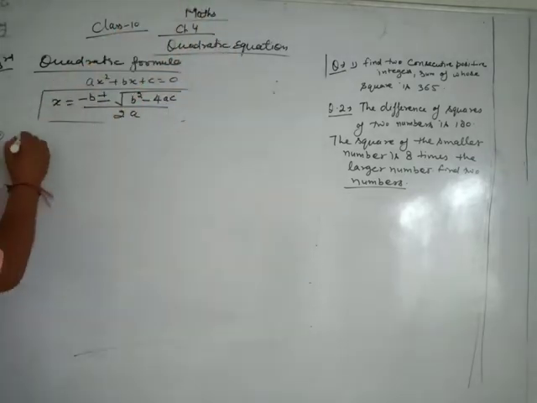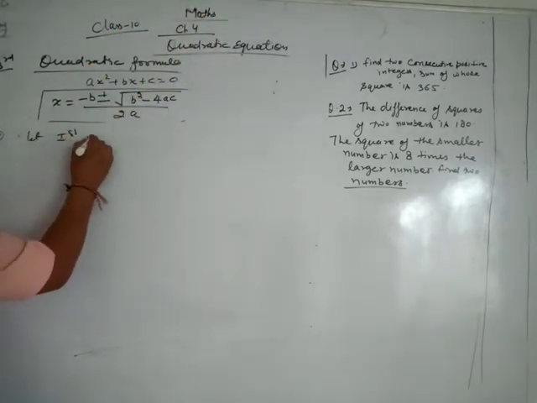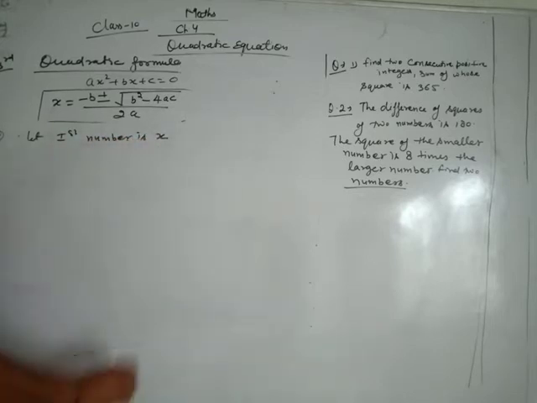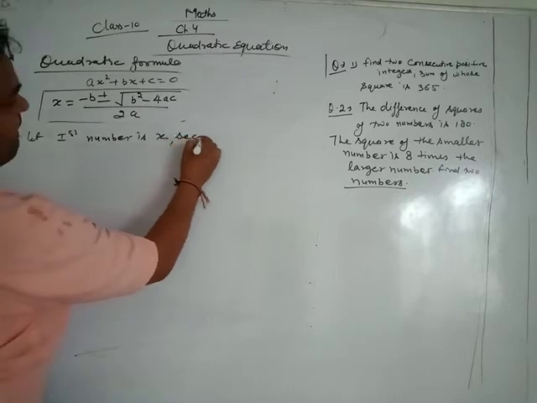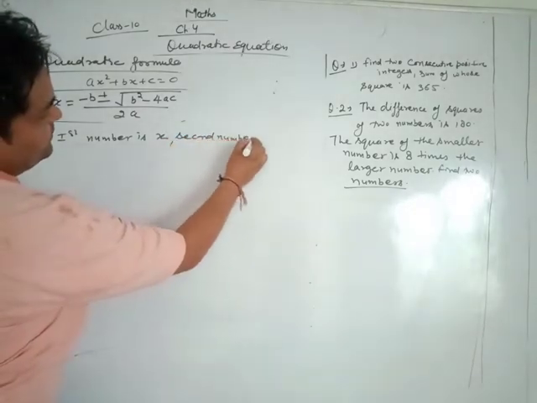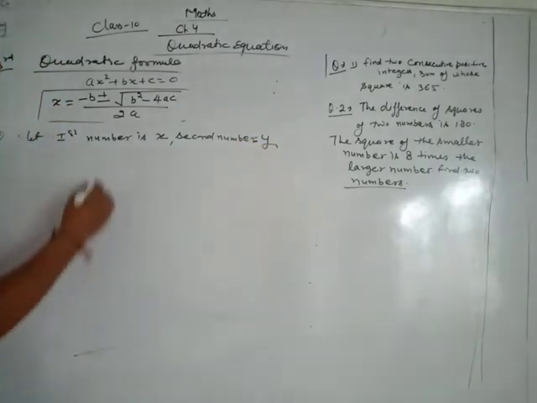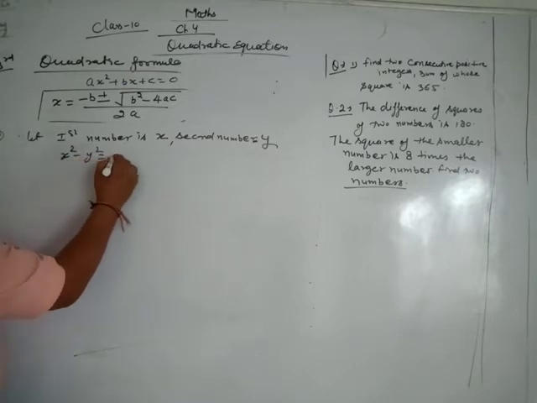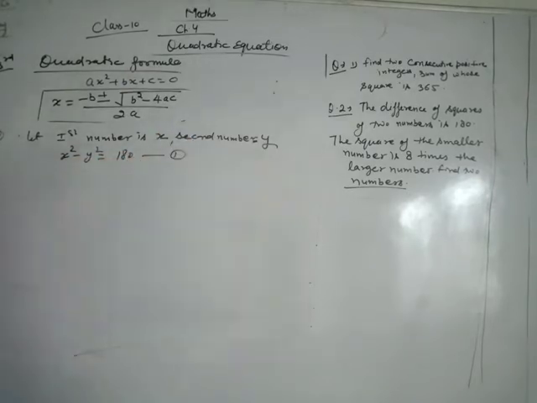Now let the first number be x, then the second number y. Then the difference of squares means x square minus y square equals 180. It is the equation; the first condition is followed. Difference means x square minus y square equals 180. Second condition is